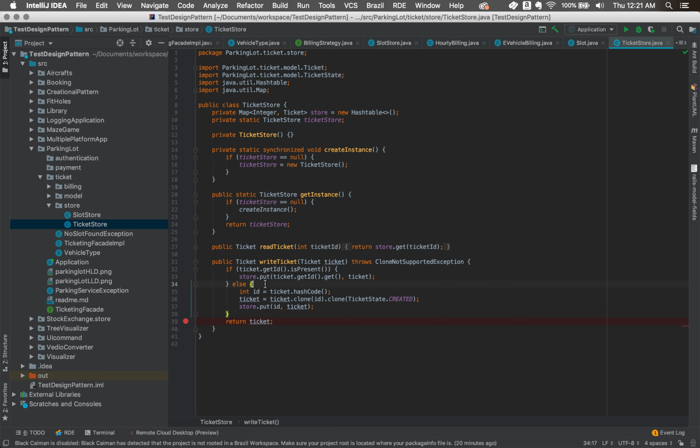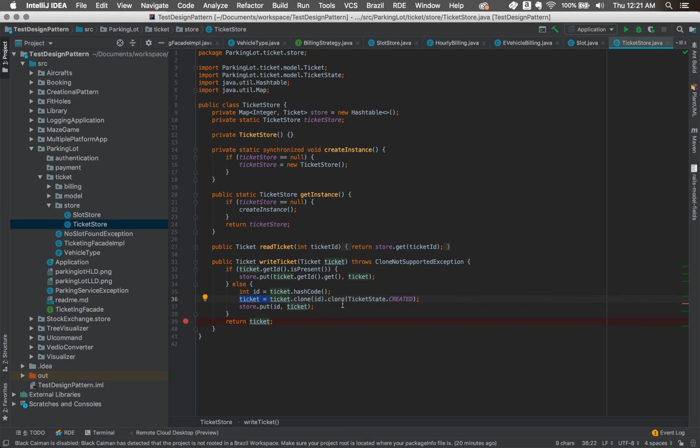If the ID is present, then you just add the updated ticket to the store. If not, then get the ID and update the ID on the ticket, and at first, when the ID is not there, the state of the ticket is pending, and then it changes to created.